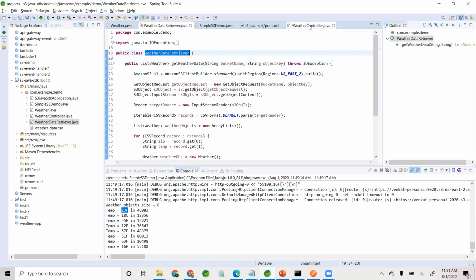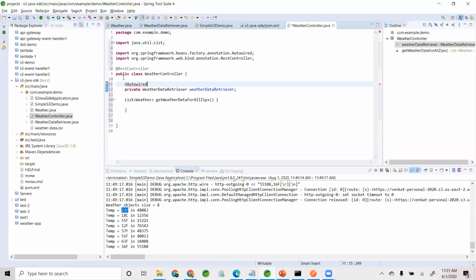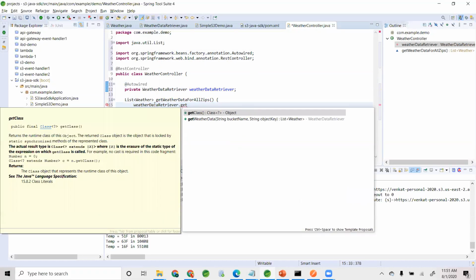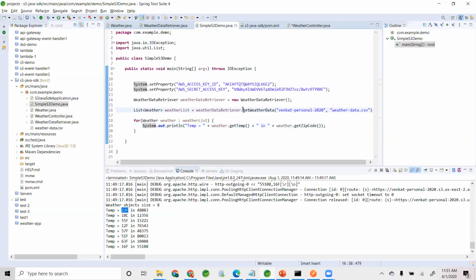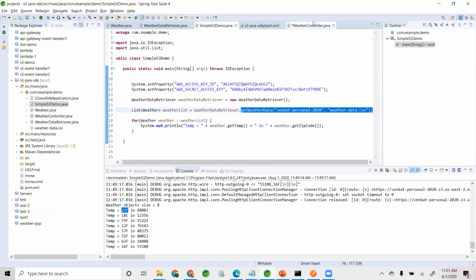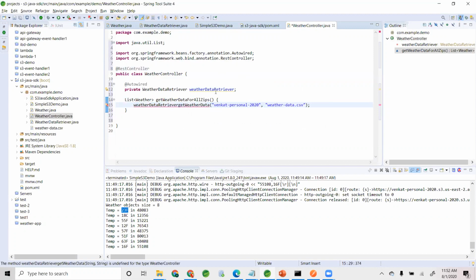So weather data retriever, yeah, essentially you're just passing this file to that. I know it's a bad API. I'm passing the bucket name and all, but you understand my intention is to